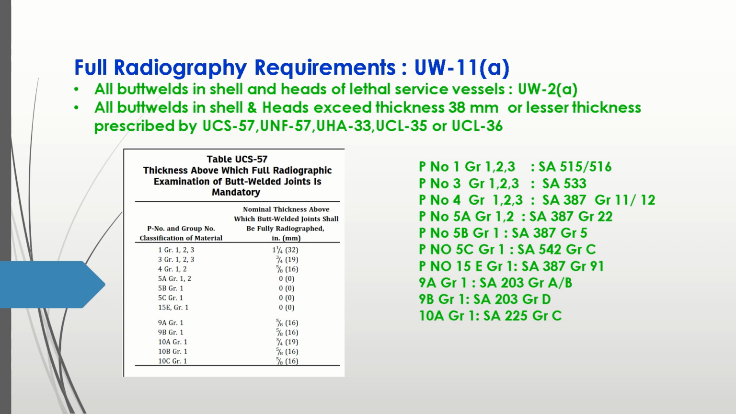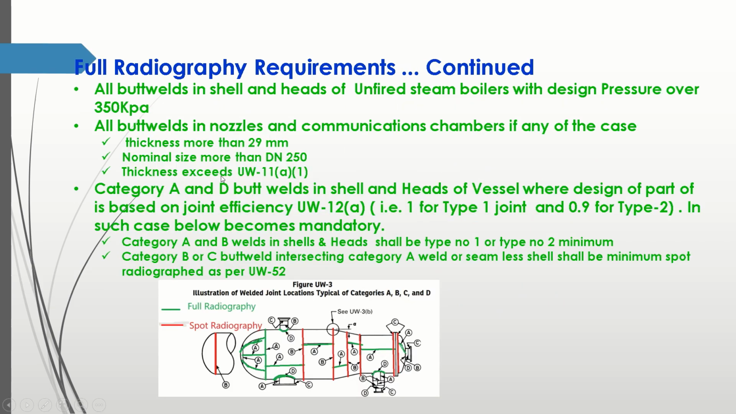So now in the below table, if you see the common type of material we use, SA 516, which will be under P number 1, group 1, 2, 3, in which case the limit thickness is 32 mm. So it means if your thickness is more than 32 mm when you are applying this material, then you have to do the radiography mandatorily. So that's what the code talks about. Then all the butt welds in shell and heads of unfired steam boilers with the design pressure over 350 kPa also require